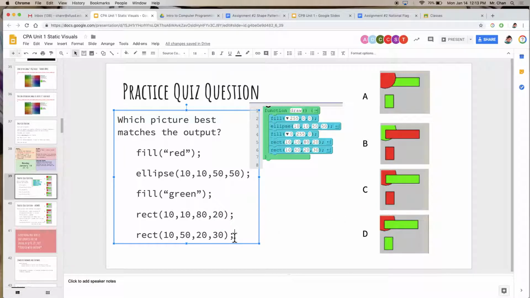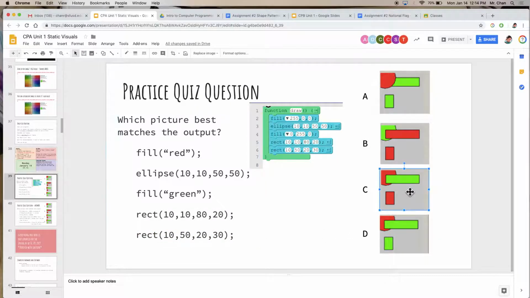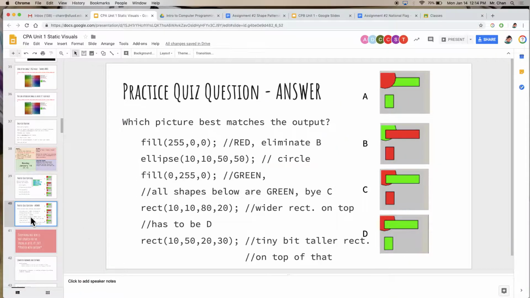And I know at this line, line 6, whichever it is, line 5, rectangle 10, 50, and 10. Without even looking at the coordinates, I know it's smaller from width and height, and it should be green colored, so I can eliminate option C. The final answer here should be option D, and on the next slide I'll show you that. Careful on these other ones. They're here to fool you,